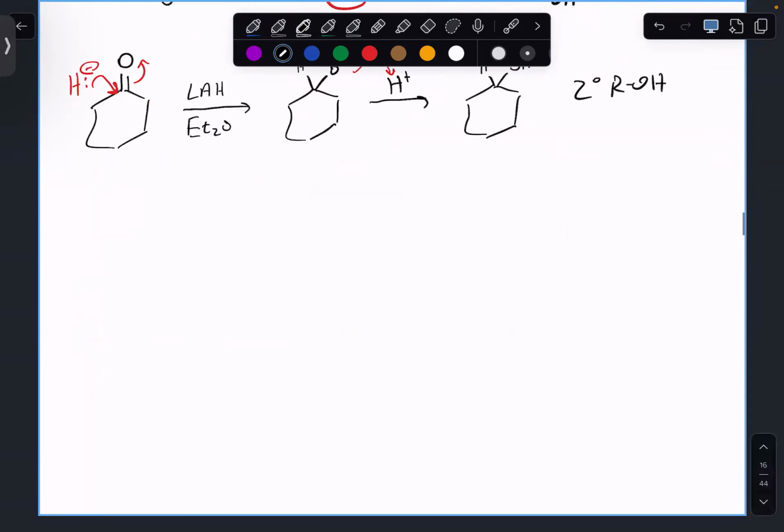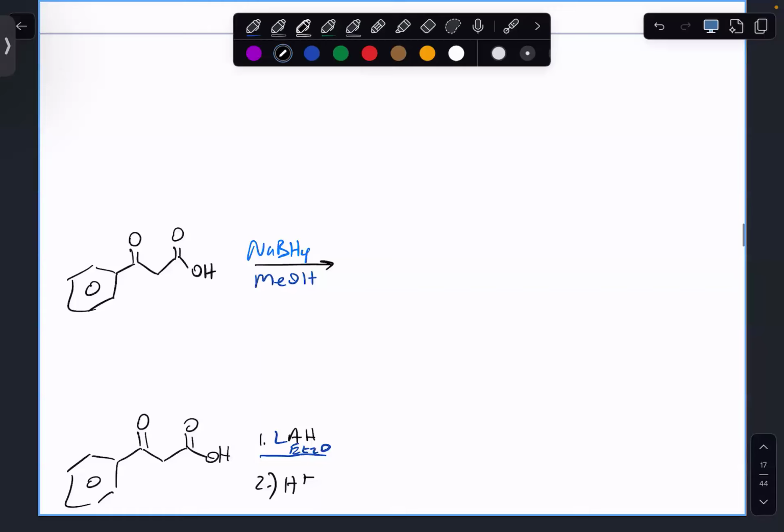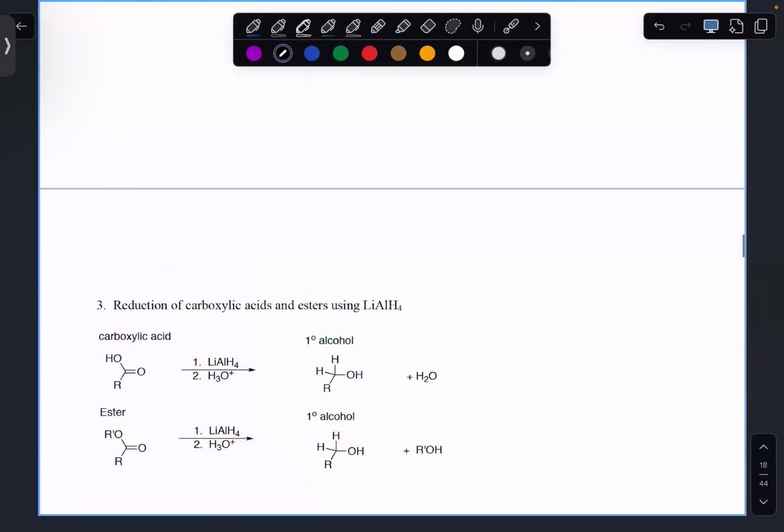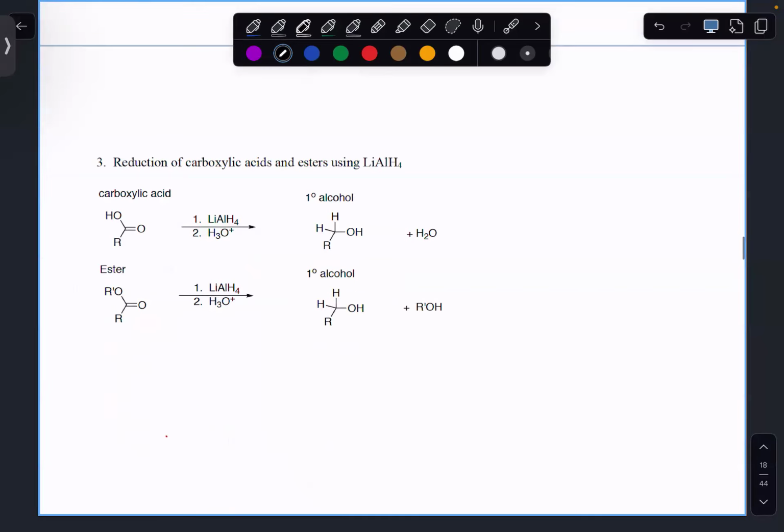So let's look at some examples. Actually, before we do, I mentioned a second ago, LAH can be used to reduce a lot of other things as well. So I want to show you just a couple examples of that. This is LAH reducing a carboxylic acid, and then LAH reducing an ester. And I'll take you through a little baby mechanism of this just to show you what happens. If you take an ester, for instance,